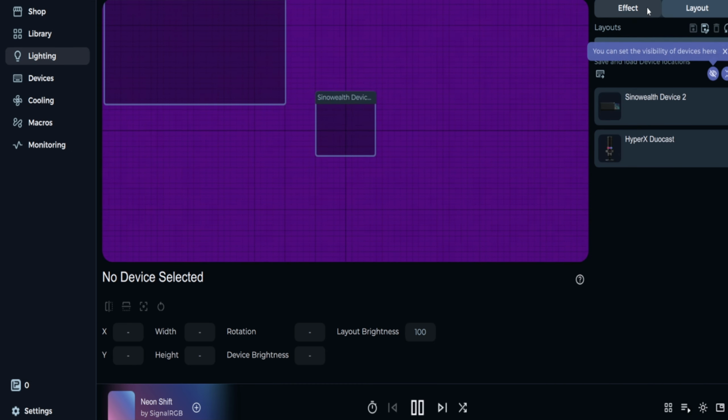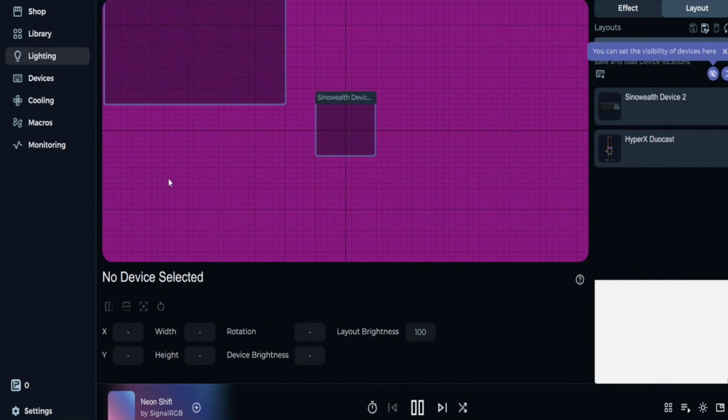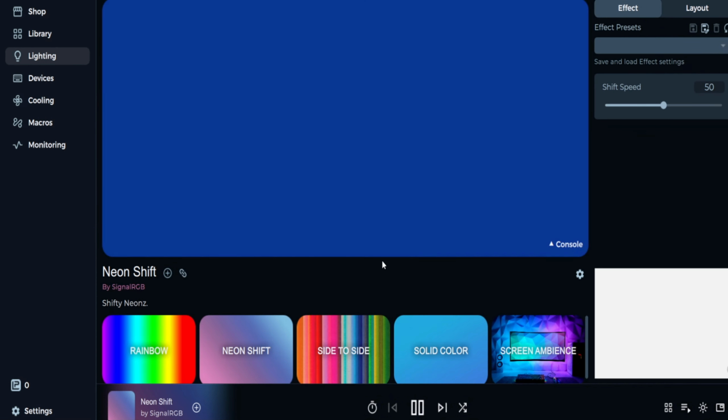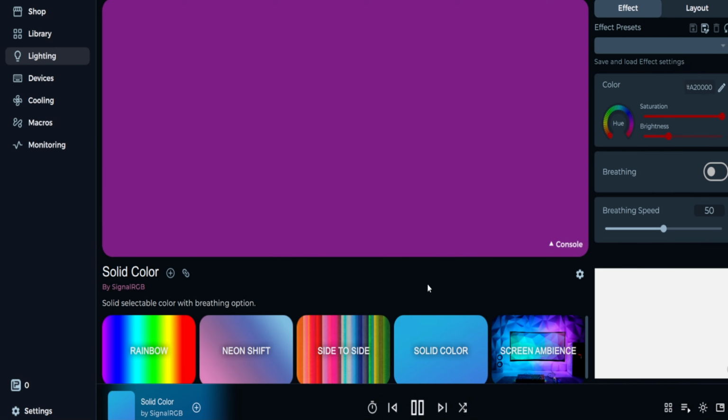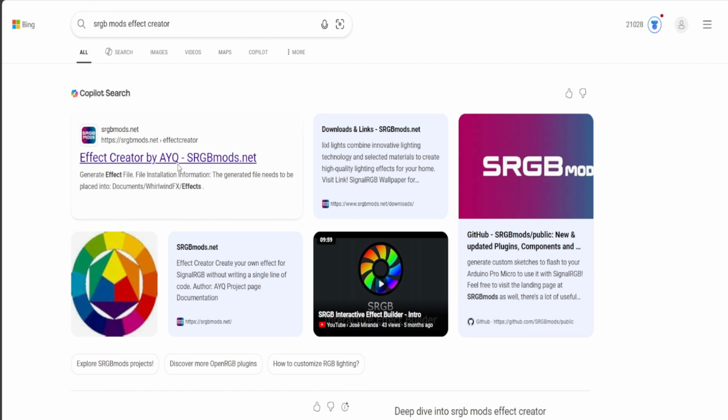You can change the layout of the specific effect. You could go ahead and change the shift speed. If you're going for the solid color, there's that option, of course. But if you want to get another effect, you can also go ahead to your preferred browser and search for